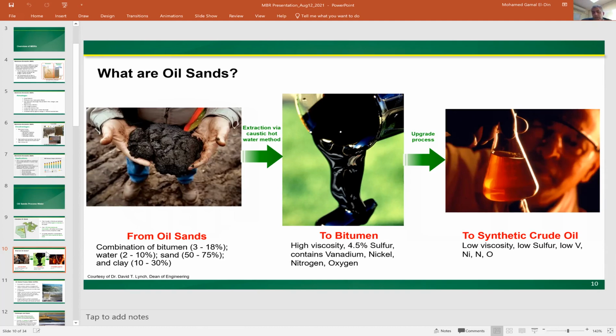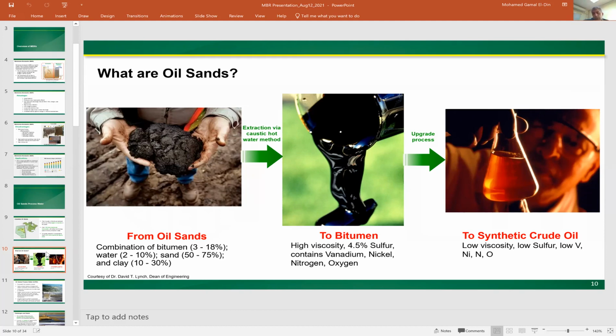As you can see, this is basically you produce bitumen with very high viscosity, about 4.5%, with some sulfur content, vanadium, nickel, nitrogen, and oxygen. Then we follow that up by the upgrading process, where we upgrade that bitumen to synthetic crude oil with low viscosity, low sulfur, low vanadium, nickel, nitrogen, and oxygen. So this gives you an idea about this oil sands and how we separate the oil from the